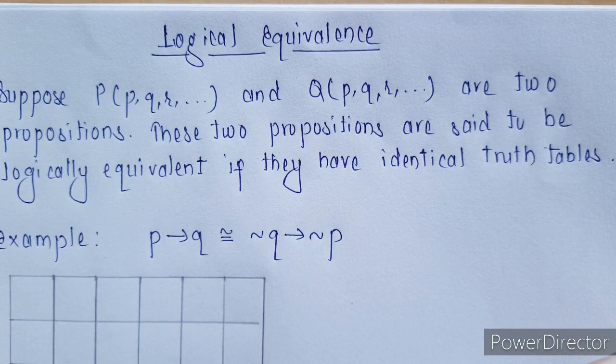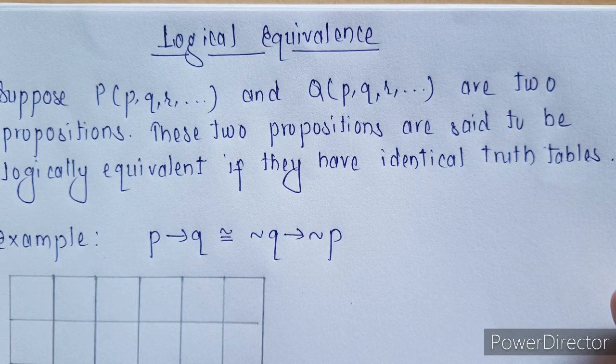In the last video we had discussed propositions, so let's move on to logical equivalence. Now equivalence is nothing but equivalent. We have to just check whether the first compound statement is equal to the second compound statement. And how do we check that? We have to check the truth table. If the final truth table of both the compound statements are equal, it means they are logically equivalent, or simply we can say they are equivalent to each other.